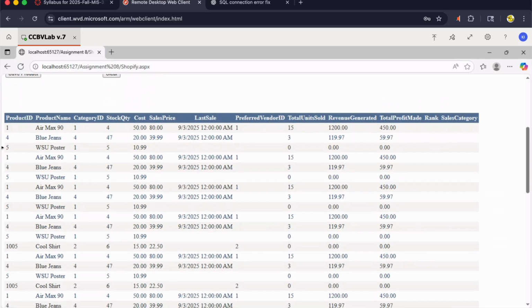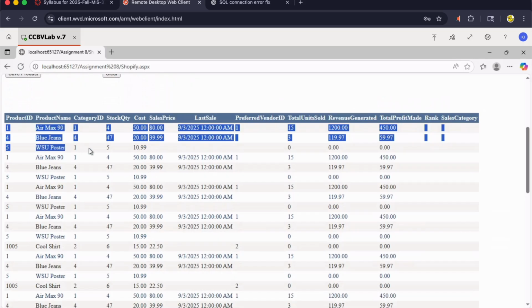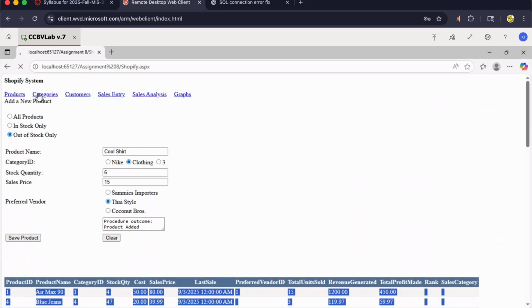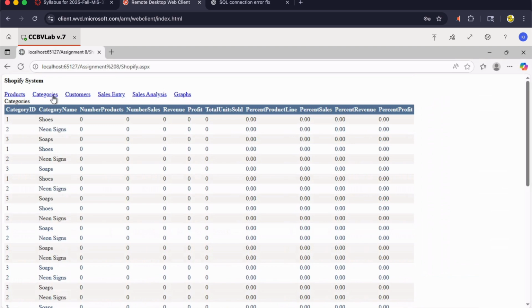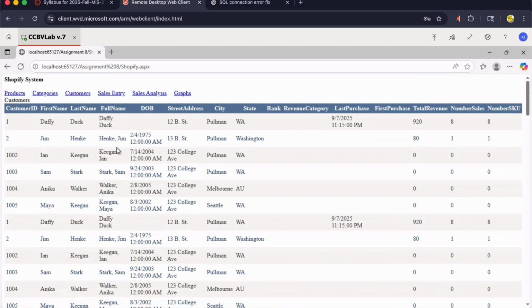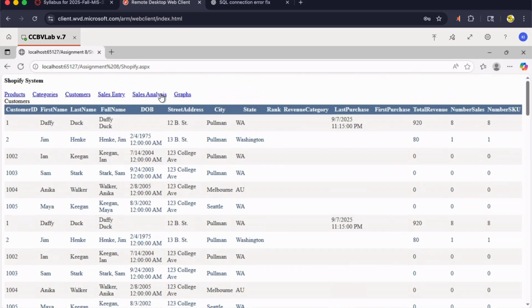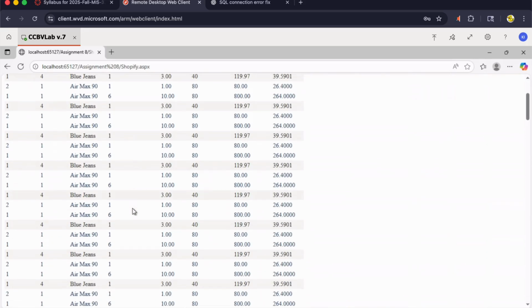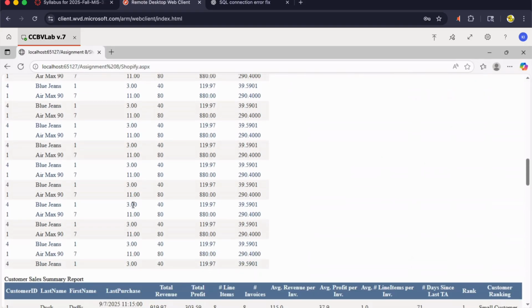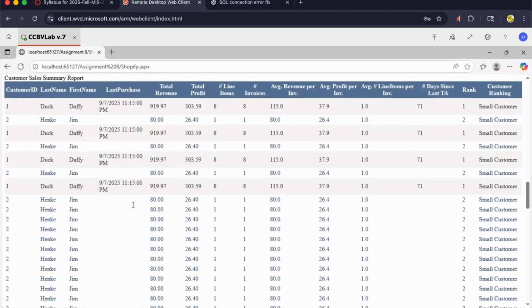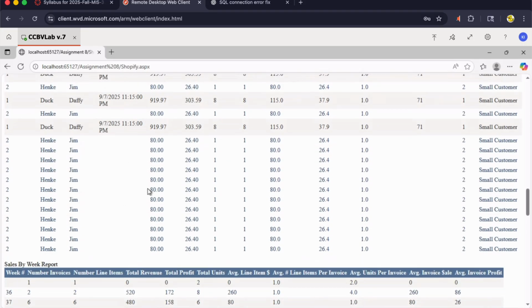Another thing was it's also duplicating here, and then here, and then here, and I added the cool shirt, and then it started duplicating those 4. So I'm not sure what is going on there. Here, same with the categories. Everything's empty. I think I need to change that in SQL. And yeah, here's the sales analysis. Again, I don't have a lot of customer data, so it's a little redundant. And this is just duplicating once again. I'm not sure, but